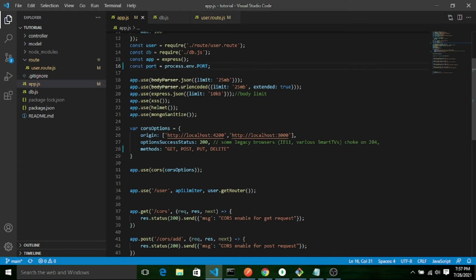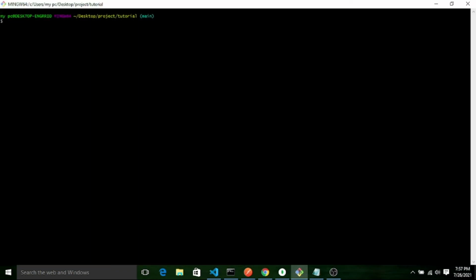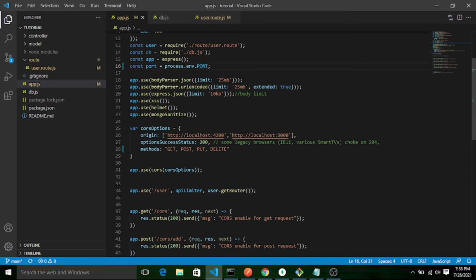I will fetch this port number from the command line, and how I fetch it is the same simple method in Node.js: process.env, and after that your parameter. So let me start this server. Here my key name is PORT, all in caps.